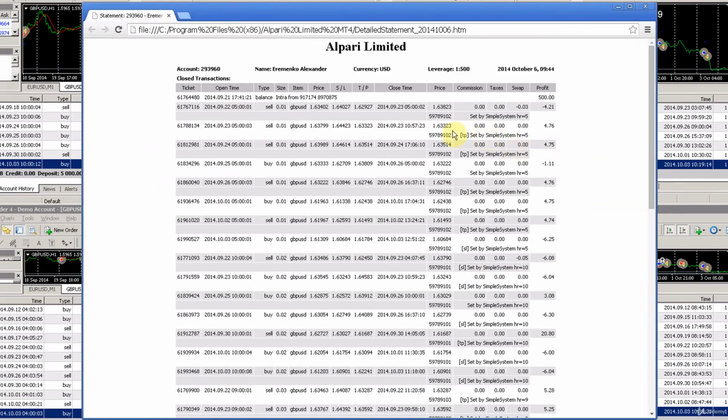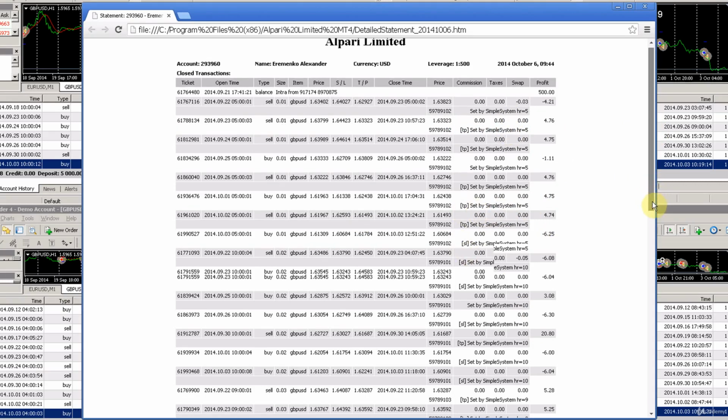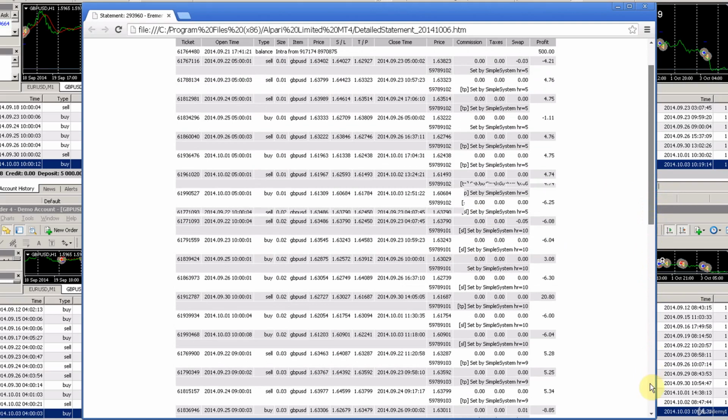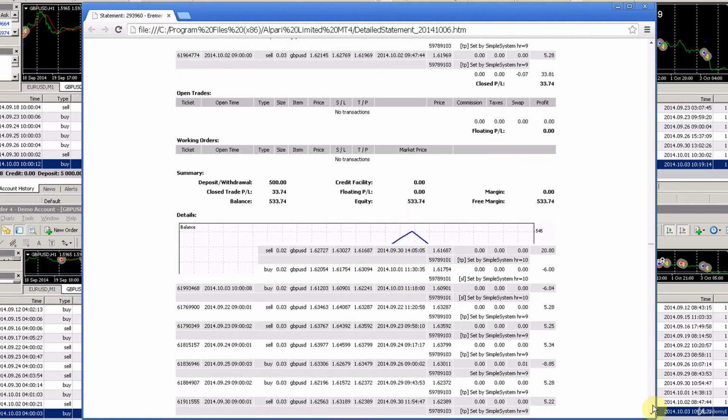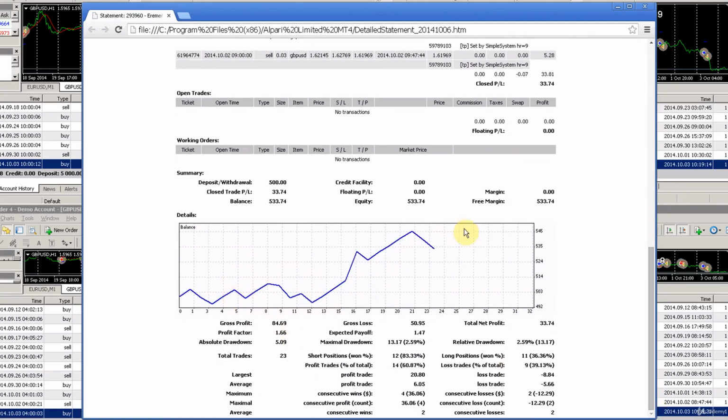As you can see, it's got an extra line here because of our comment. So if you're not happy with that, just uncheck comment in the results and you won't see this line over here. But now scrolling down, all we want to look at right now is the chart. So that's our total chart for this system. As you can see at the start, it wasn't doing very well the first 12 trades, but then it just skyrocketed, and the profit factor is 1.66, yes, which is just above the recommended 1.6,